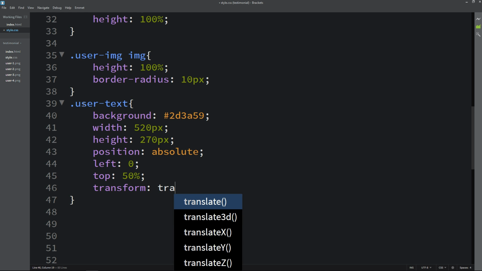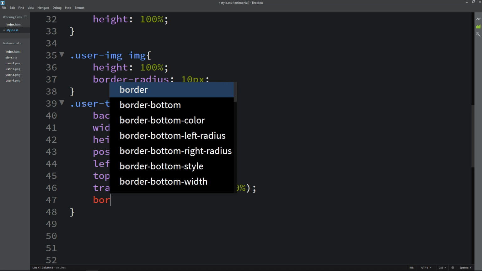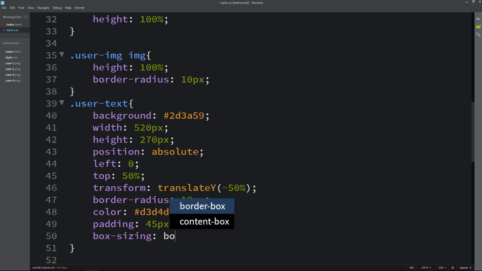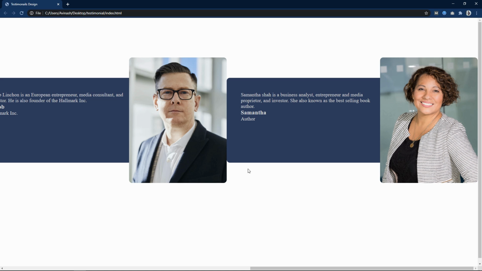Then transform translate y minus 50%. Border radius will be same 10 pixel and color. Then padding 45 pixel and box size in border box. After adding this, you can see it is coming like this.